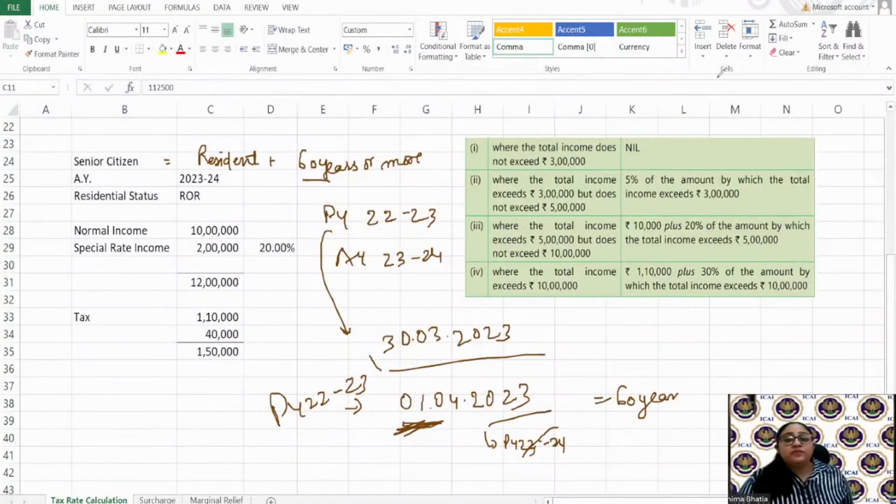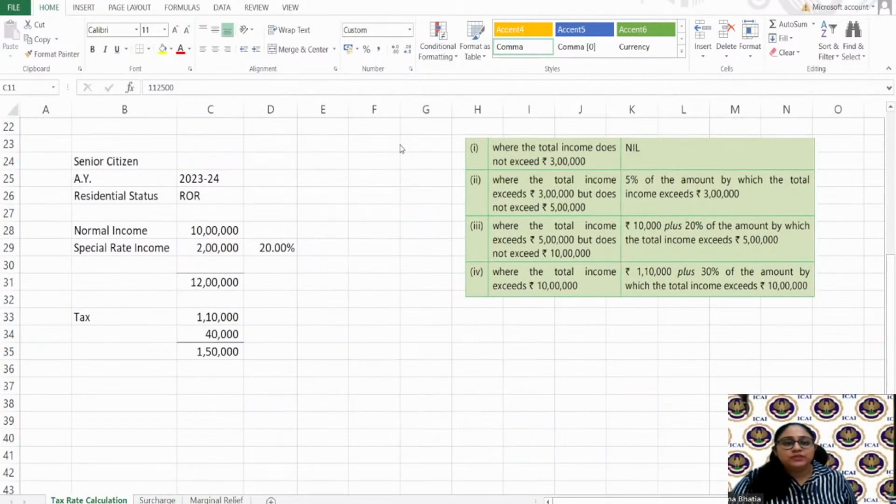Okay, so benefit kya hai? What is the benefit for the senior citizens? Let's come to that. So do not see this example. Pehle, let's see